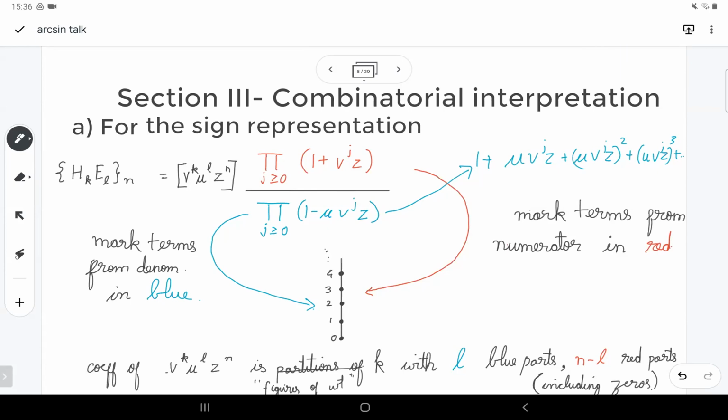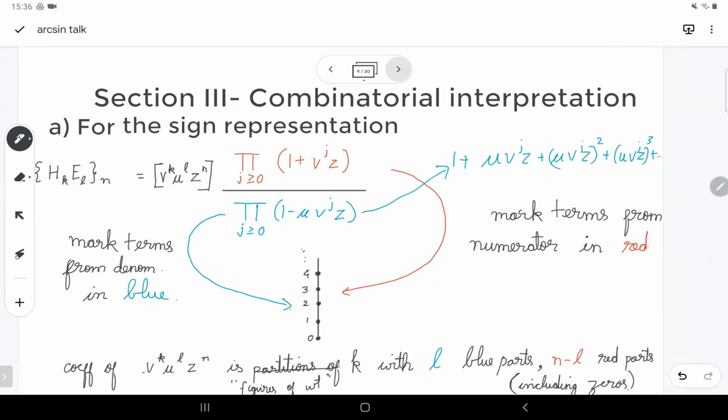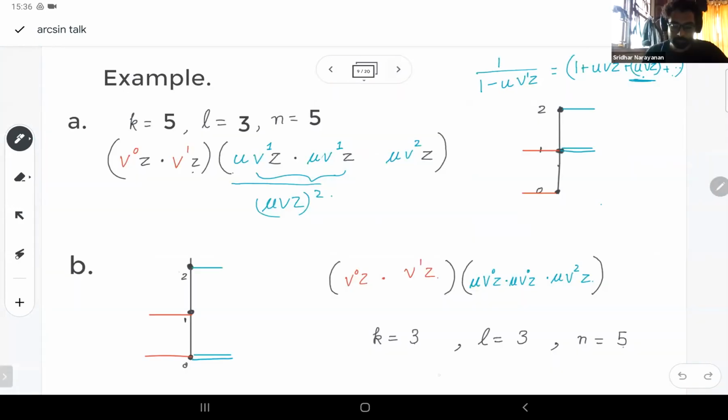See, I am thinking maybe, if it is only me, we can go on, but I suspect I can not do it around. I can mark the parts here. So this would be, for example, u v0 z, and this is u v0 z. This is v0 z, v1 z, and u v squared z. Right. So on this figure,